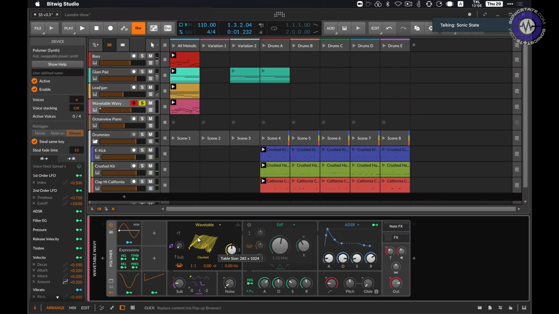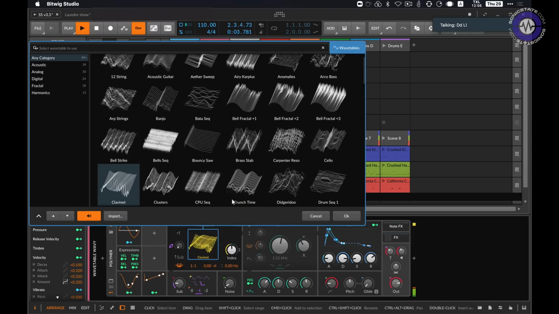It uses the Surge format, the WT format, so if other programs use that format, you can load those files directly as well. But for the sake of having something to work with, we've included, I believe, 120-something wavetable files already. So if I've got this, we'll just let the notes play. So if I click on the wavetable, I have this visual browser that's built into everything already. So if I just want to switch,